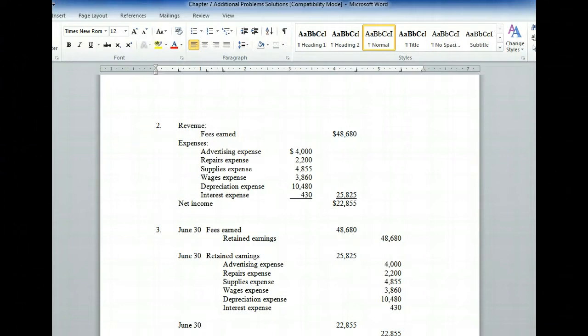All right, so here's a quick example of closing entries. So we created our financial statement. Obviously, this isn't a fancy financial statement, just showing you how we calculate net income. You know, we could add our title in and everything here. But once we create this income statement, now we're going to close the revenue and